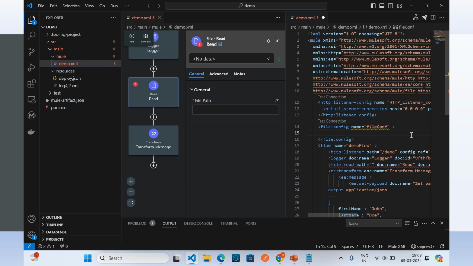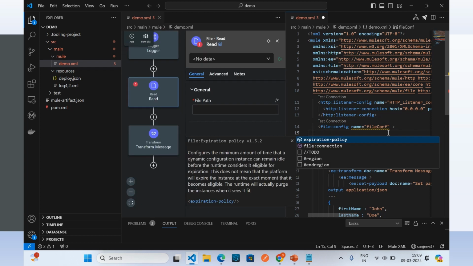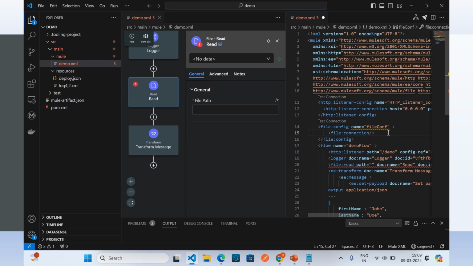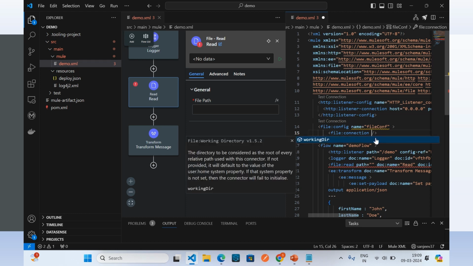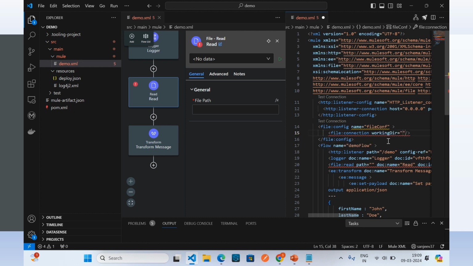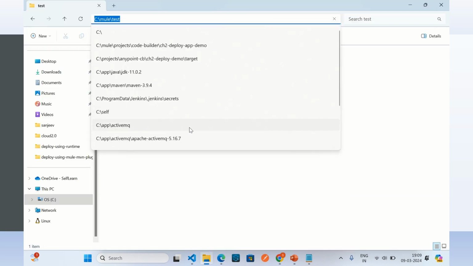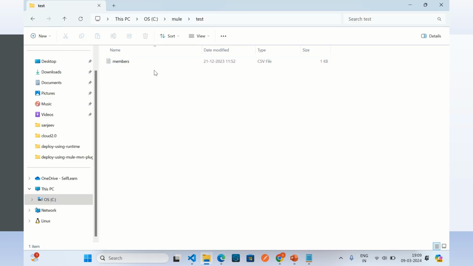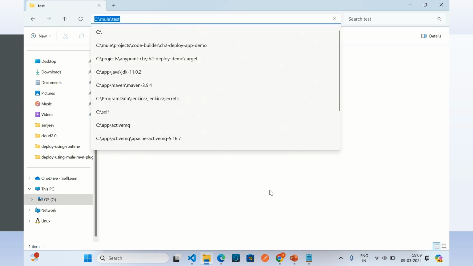and here I will add the file connection. To get the file connection, what I did was press Control and Space together, and then I selected the file connection. Again, Control Space for the working directory field. I have one file in the working directory in this location, members.csv. So I'll give this working directory there,